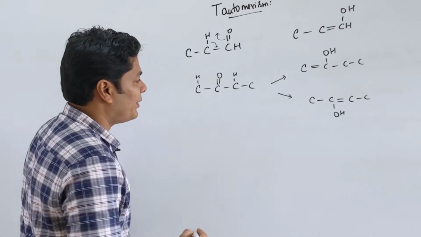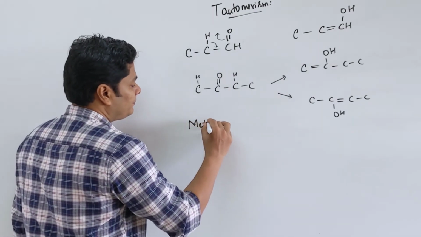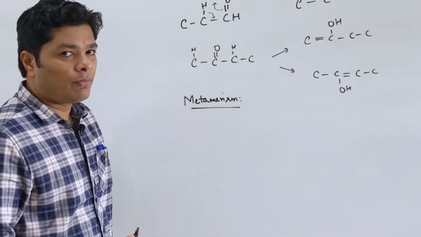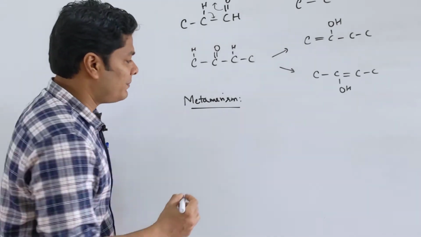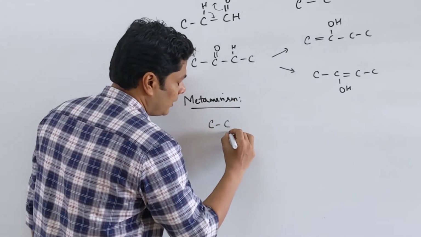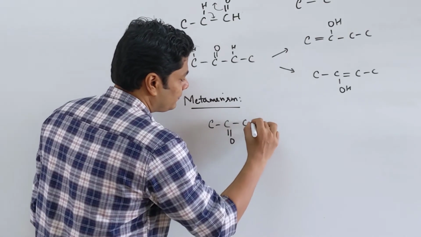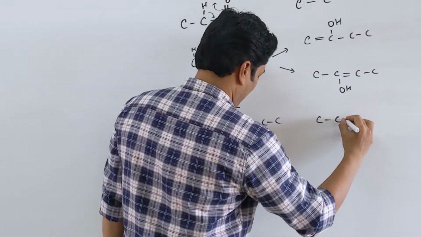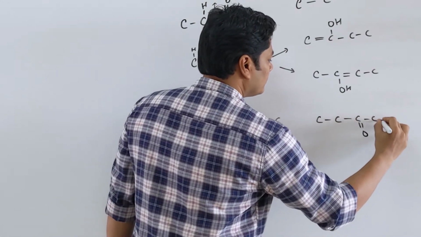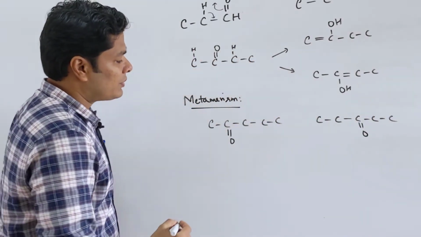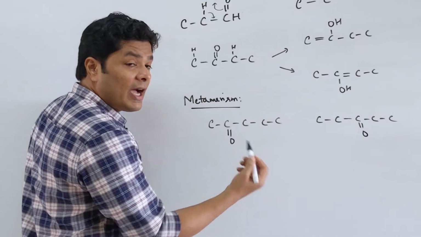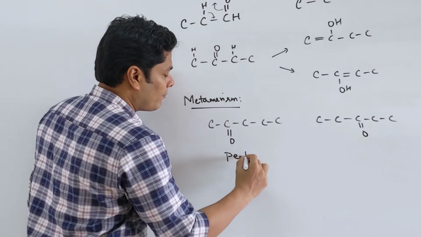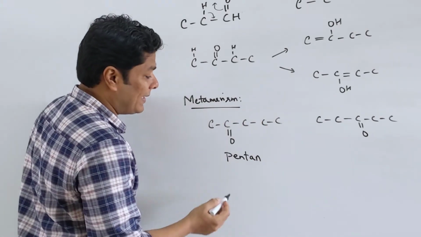The last isomerism we are going to see is metamerism. Metamerism, you have to be careful. People confuse it with positional isomerism. Let's take a ketone. So these two. So when you look at it, if you name the IUPAC naming 1, 2, 3, 4, 5, 1, 2, 3, 4, 5. So both of them are pentane derivatives.